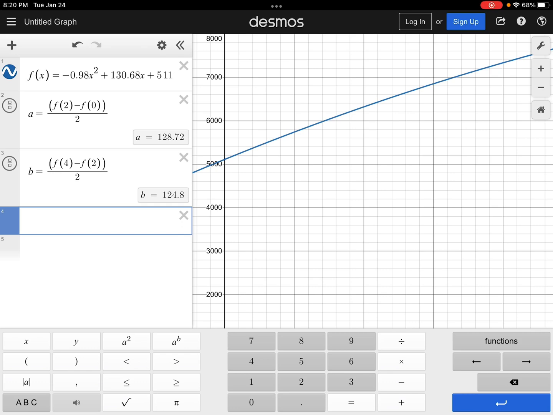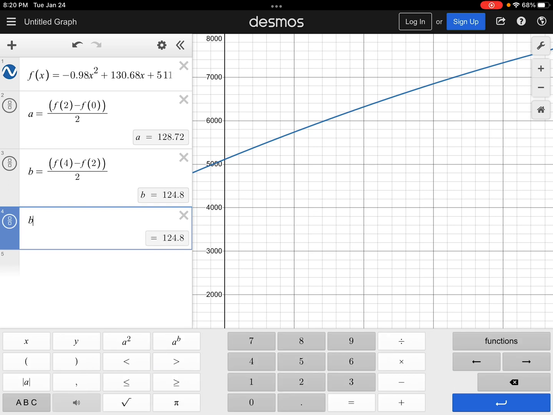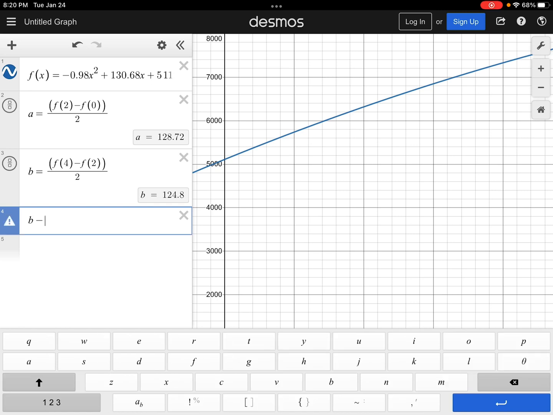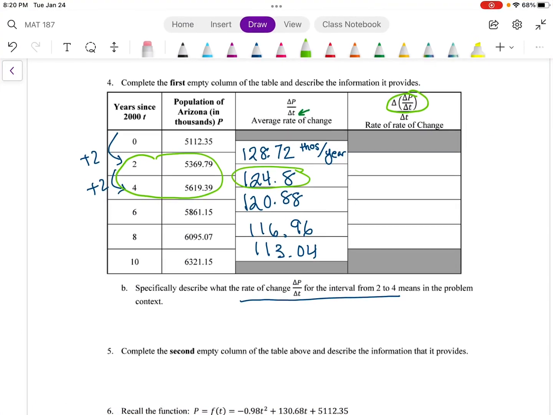And that's why I labeled this as A and B. So I'm going to do B, my rate of change between 4 and 2, minus A. And then I'm going to divide it by 2, and I get this negative 1.96. And so our rate of change, let's switch back to blue, is going up negative